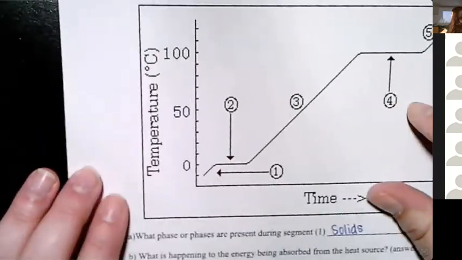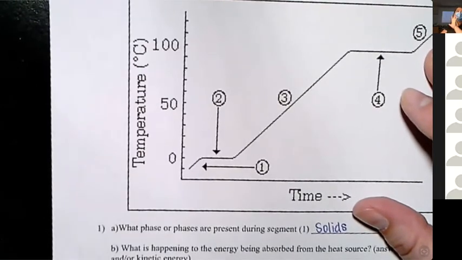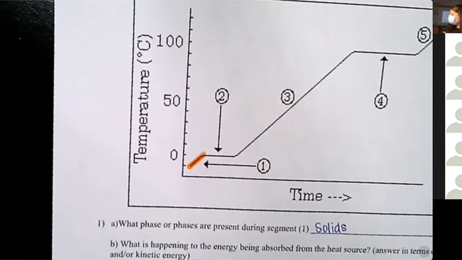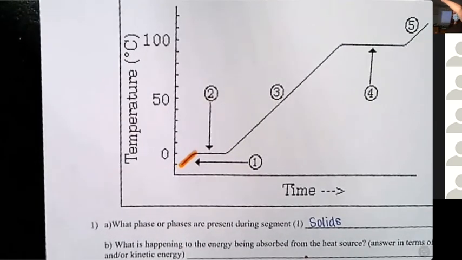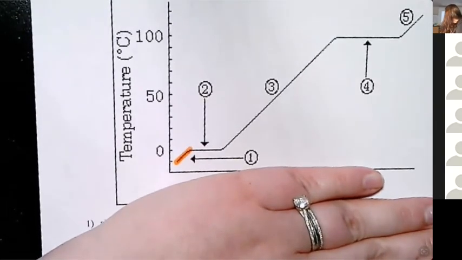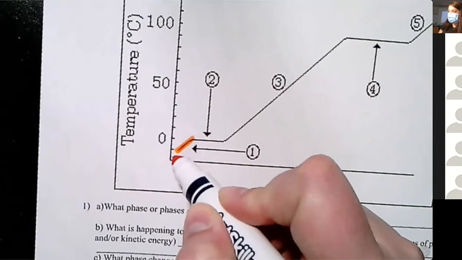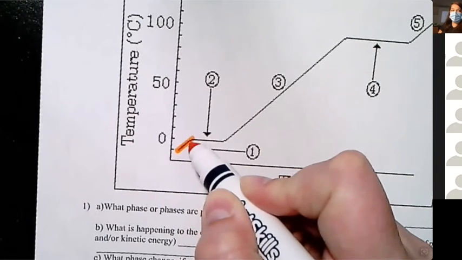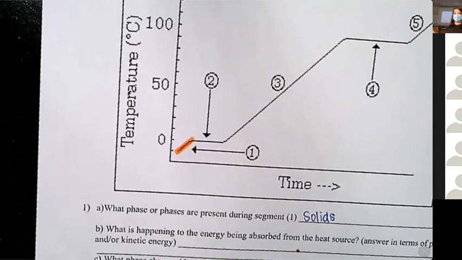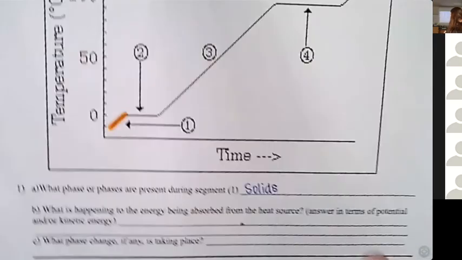So look here, guys, y'all know how to read a graph, I hope. If you don't, you need to talk to me or you need to talk to a math teacher, really, okay? So this line right here, let me use a marker, okay, is moving up. That means that as time goes on, time is going this way, that the temperature, if we ignore time for a moment, it's starting down here below 0, and making its way up. So if it's moving up, that means the temperature is changing. That means our heat energy is going to be increasing. So what happens to the energy being absorbed? The energy absorbed